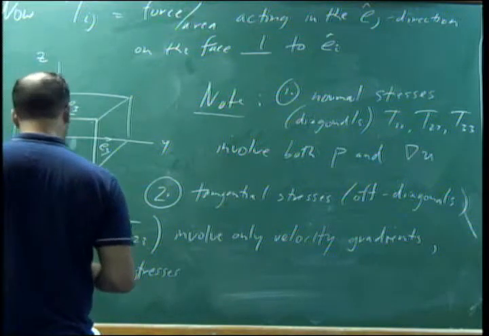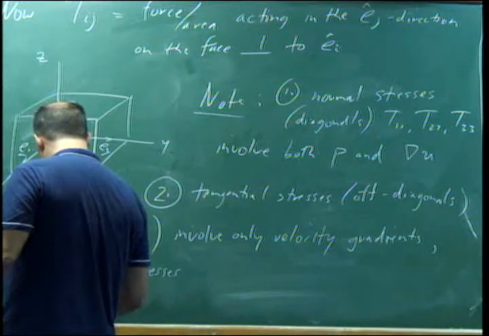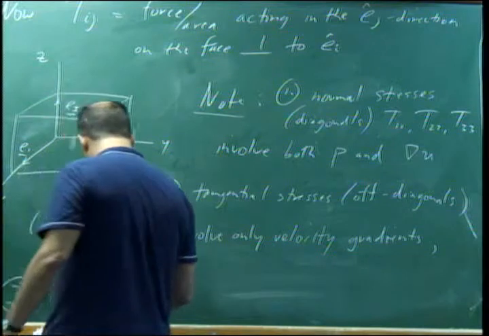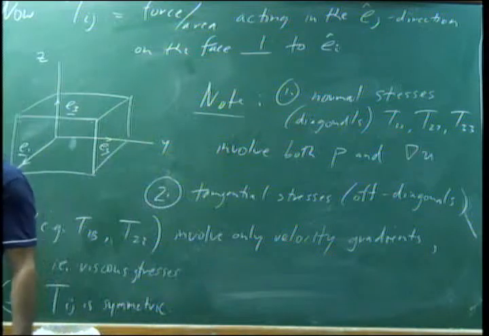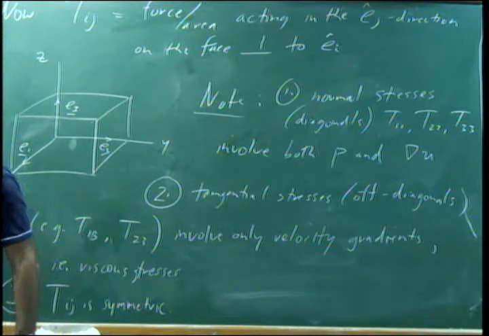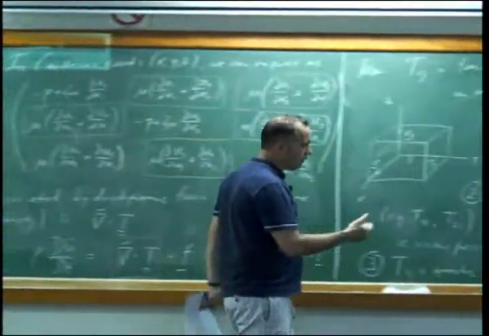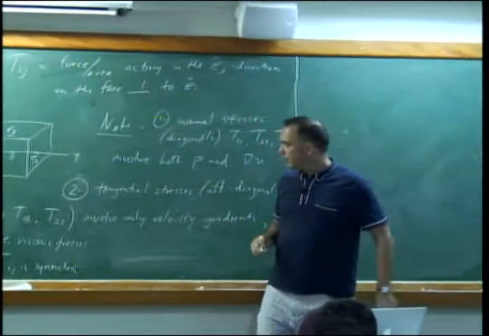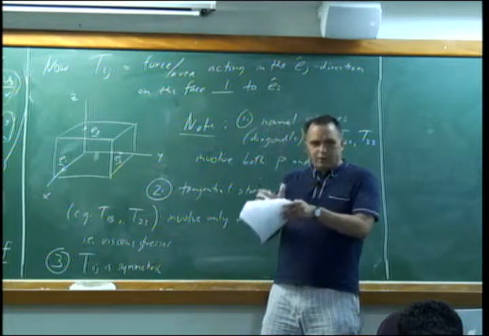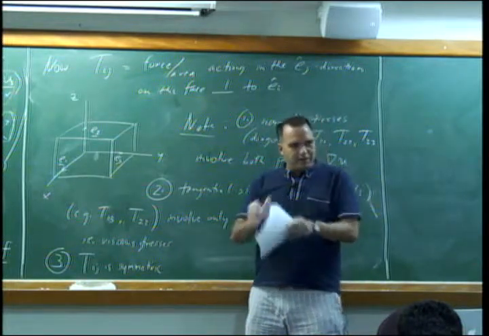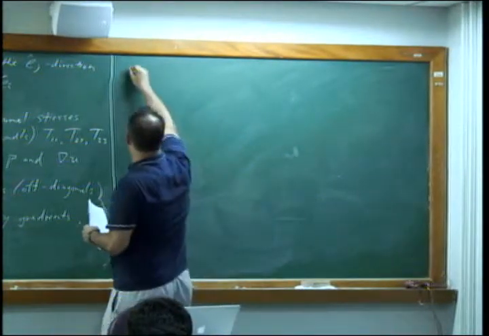Okay, third, we've noted already that Tij is symmetric. I can never remember whether that's T12 or T21, but it doesn't matter. And in fact, when you derive the stress tensor, this ensures that basically the net torques on an infinitesimal fluid volume balance. Okay. So if we look now,